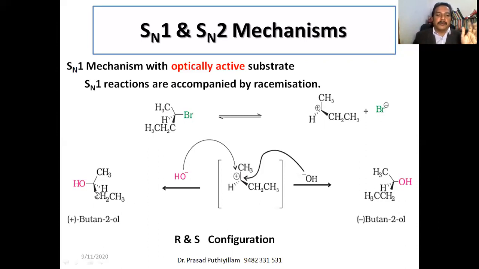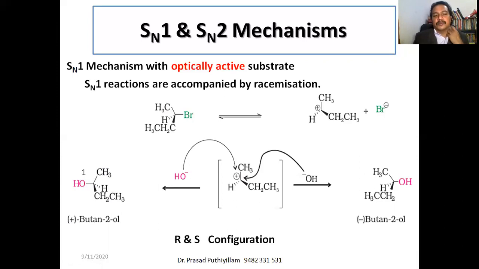So the first molecule, if I consider this one, the plus butan-2-ol, if you give the priority order, the least priority will go to hydrogen. It has the lowest atomic number. Of the two carbons, one carbon is connected only to hydrogen, whereas the other carbon is connected to another carbon. Therefore it will get a slightly higher priority. Whereas oxygen is there, the central carbon atom is connected to oxygen, having higher atomic mass. The first priority goes to oxygen.